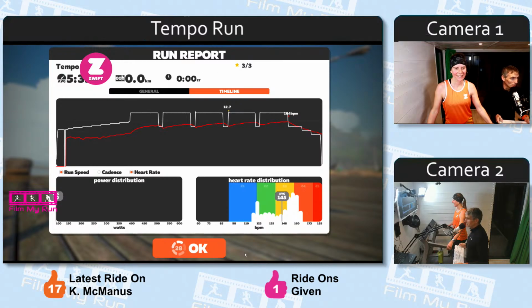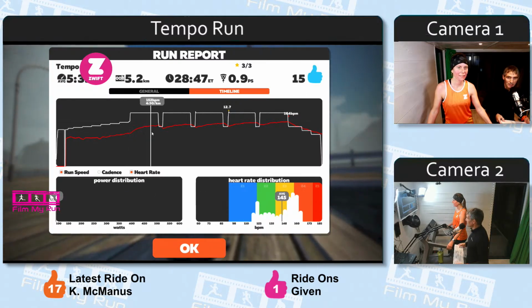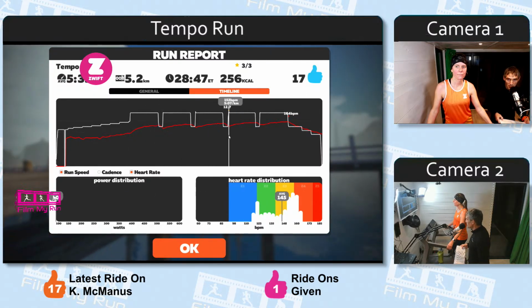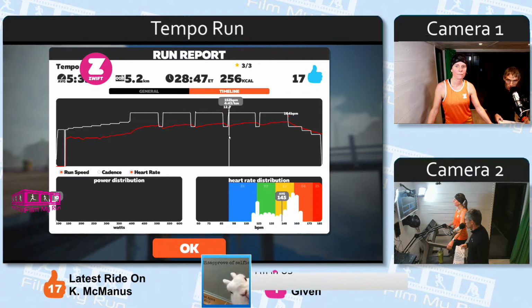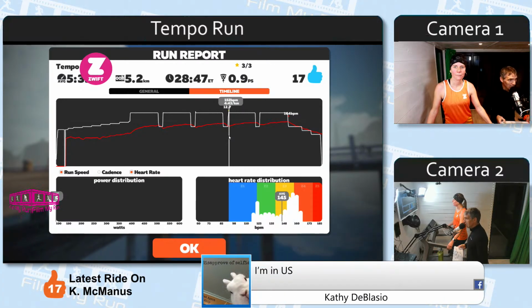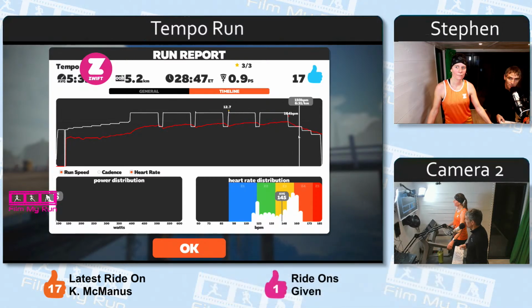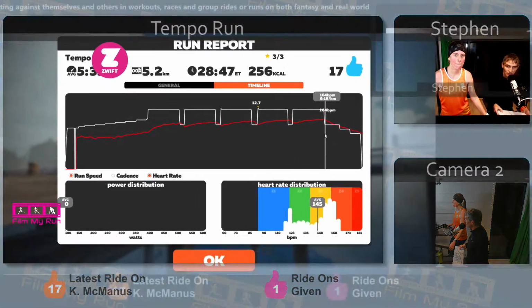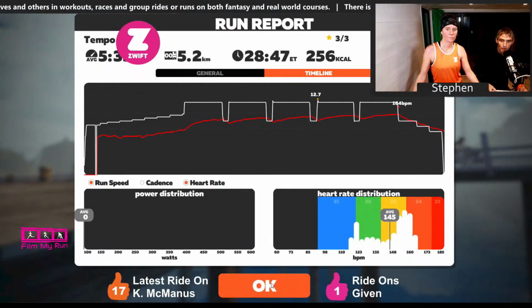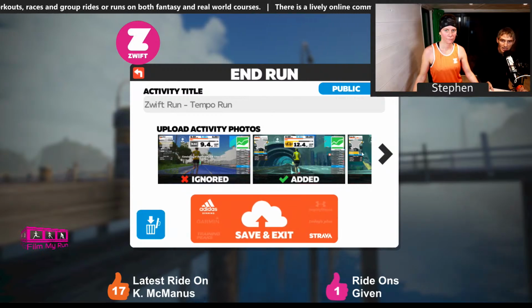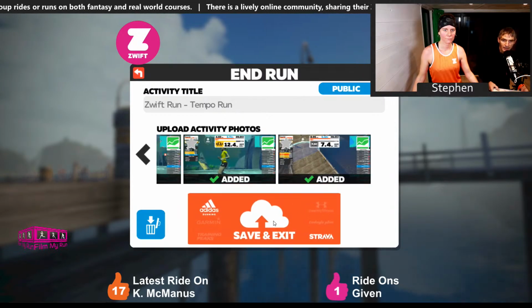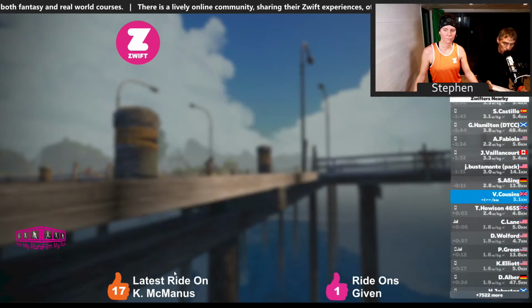Let's just save Victoria's run here. You can see there the intervals that she's done. The fastest speed she got to was accidentally just going up to 12.7 there quickly. Kathy's in the US, so she will have to get a flight over. And highest heart rate for Victoria was right at the very end, which is where you would expect it to be. 164 BPM just at the last interval there. So well done to Victoria for that. And we can save some photos. And then we save and exit, and that is the run done.